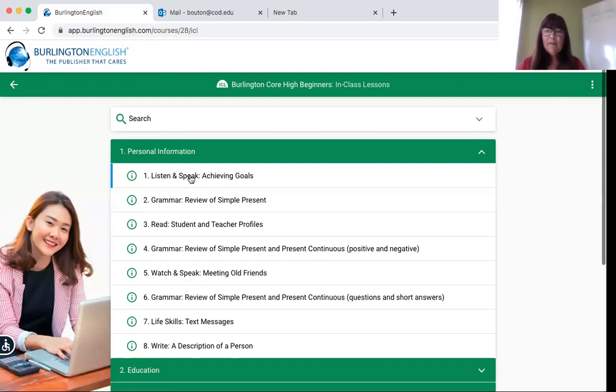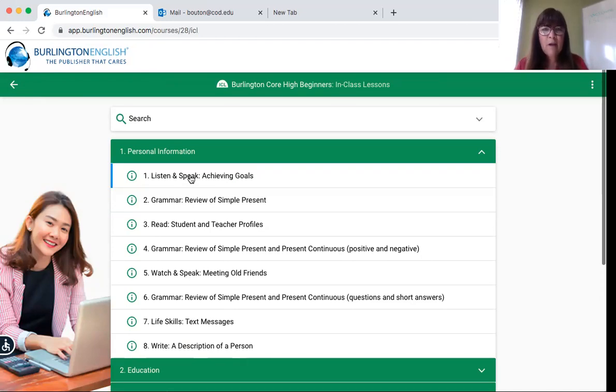So again, if you want to go in and work in your Burlington English right now, look at your email. Everyone has a College of DuPage email address, and I'm going to send an email in the next few days, maybe after class on Wednesday, only to your COD email address.